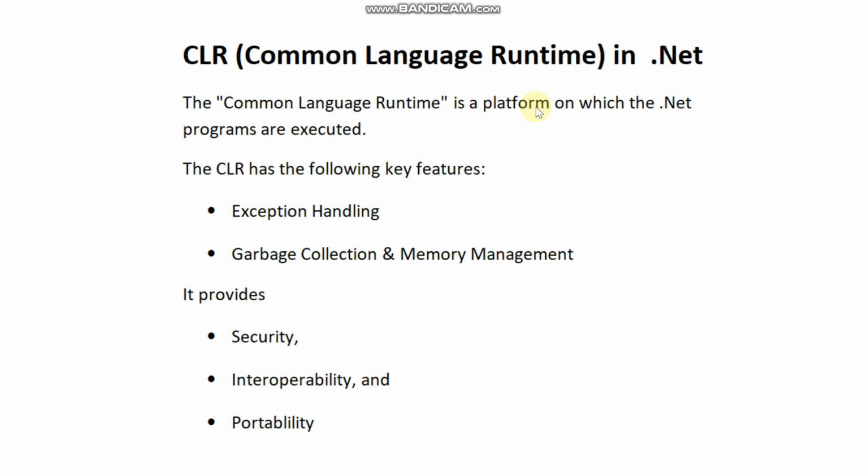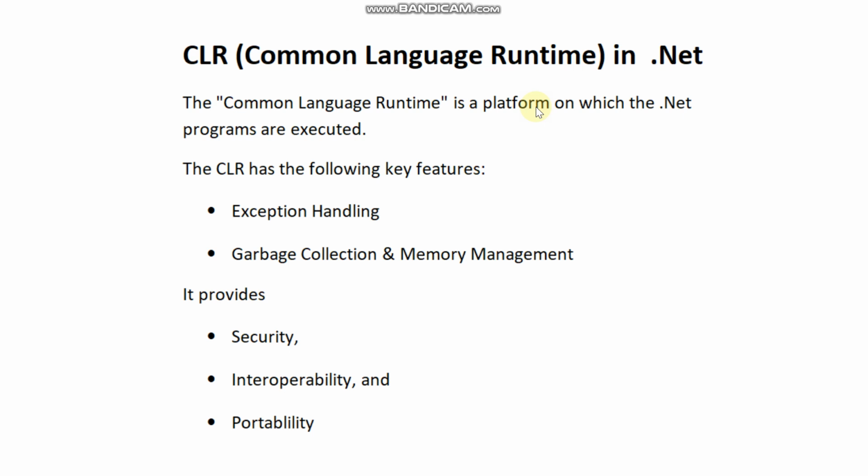Next, garbage collection and memory management. Garbage collection is the process of removing unwanted resources when they are no longer required, such as database connection resources, file handling resources and so on. Due to this, more memory is available for an application. Next, it provides various security mechanisms to access the code.